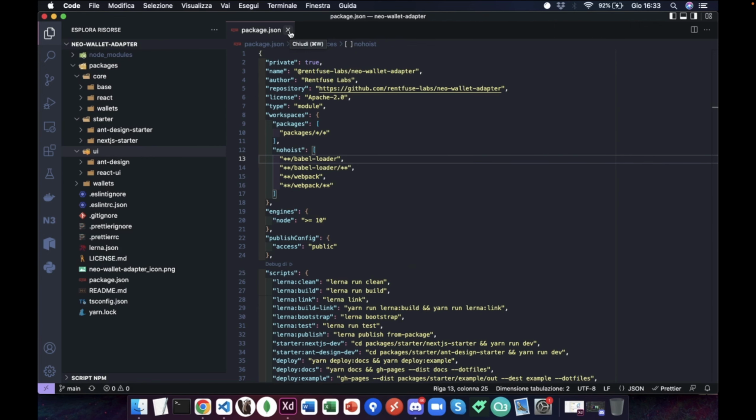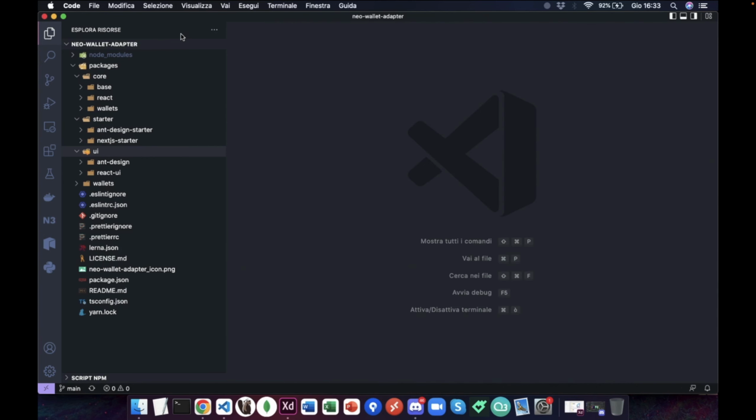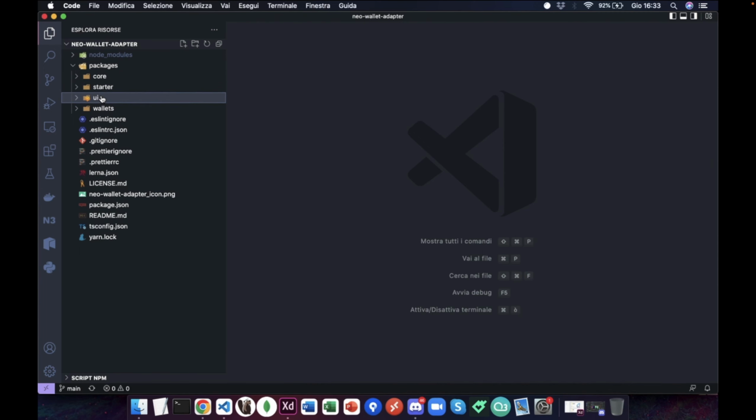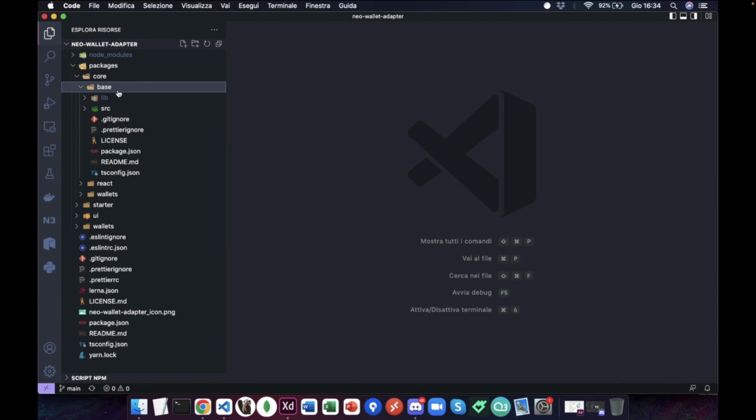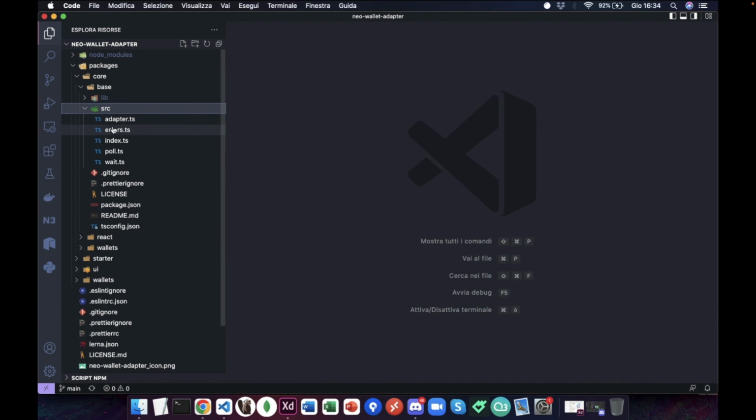So the idea was that we first create a core part of the library, a core folder with everything basic needed to interact with the wallet. So basic classes that we'll see now, basic packages that are really the core of the library,